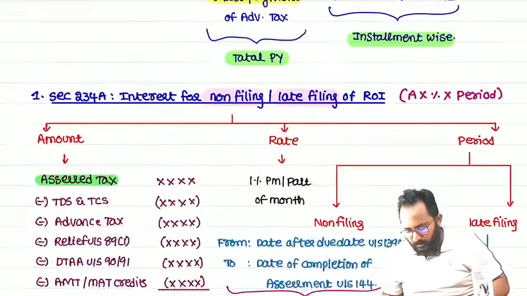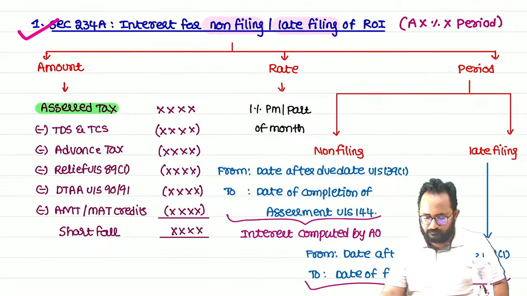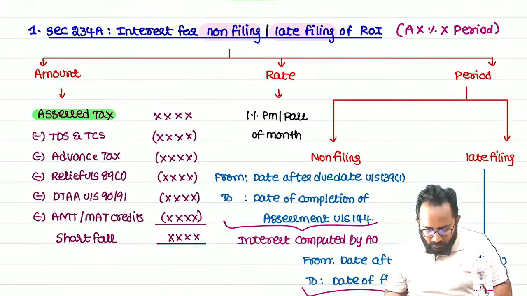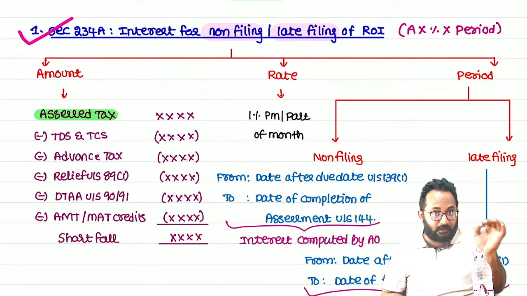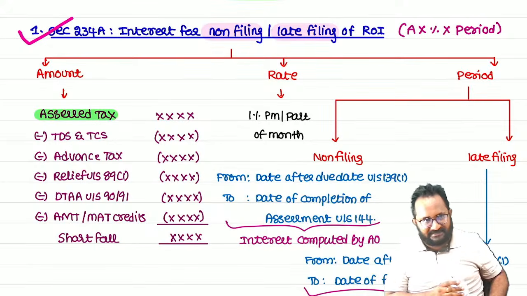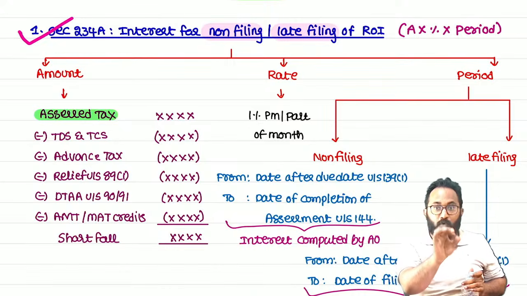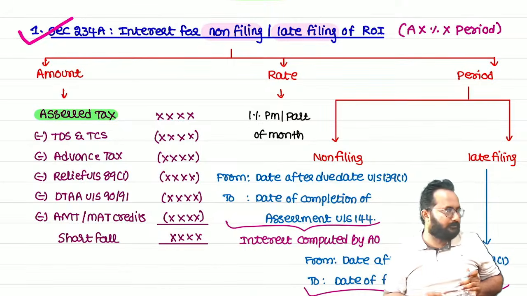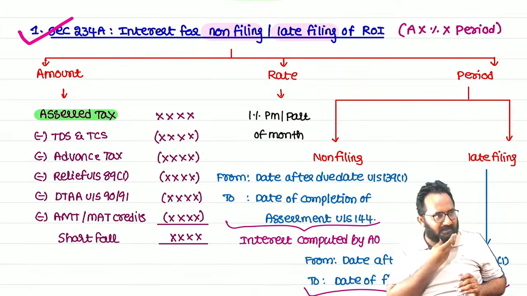Return of income. Now we'll calculate 234A. I will tell you in a detailed way. I don't know how you learned these provisions earlier, but in our CMA final, too much in-depth knowledge is required for these provisions. Easy only. Okay, shall we start first of all?